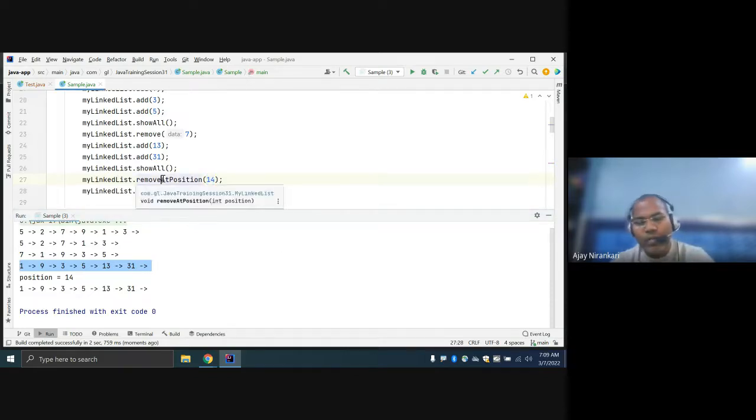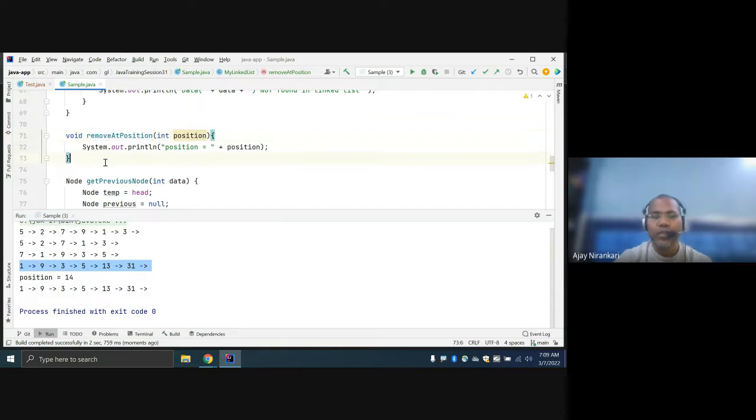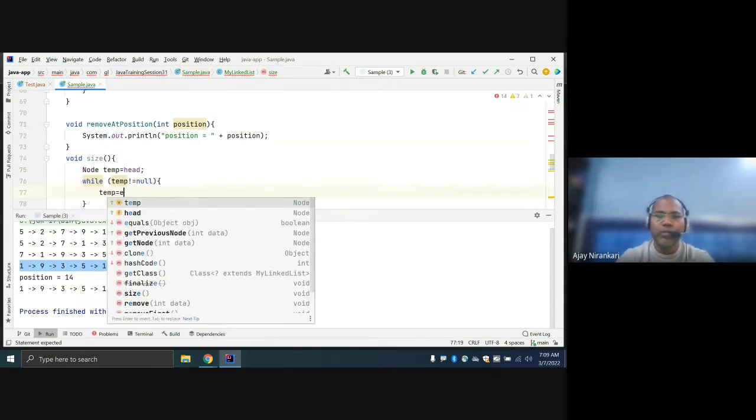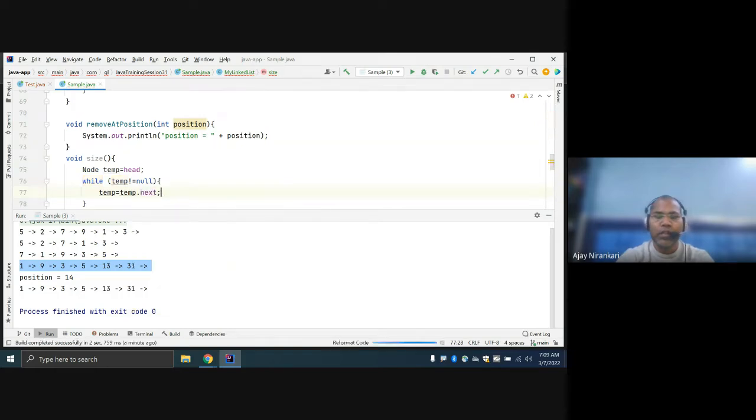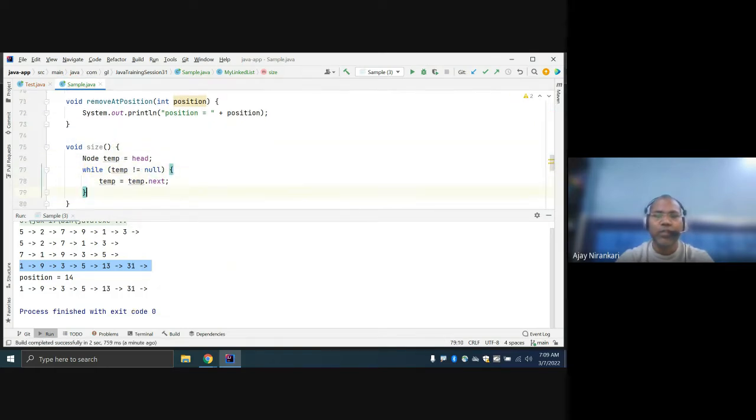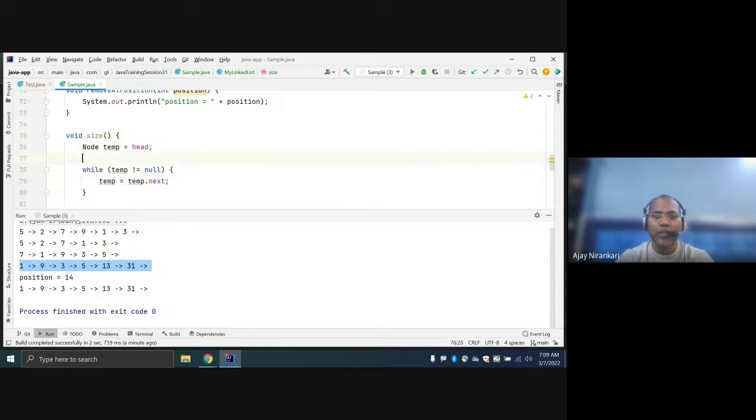So you know how to calculate the size of a linked list? Just write one method, void size, that returns the linked list size. So as usual, just run a while loop until head is null, right? Temp equal to head, and you say temp not equal to null. Just move temp equal to temp dot next, and just take one count variable.